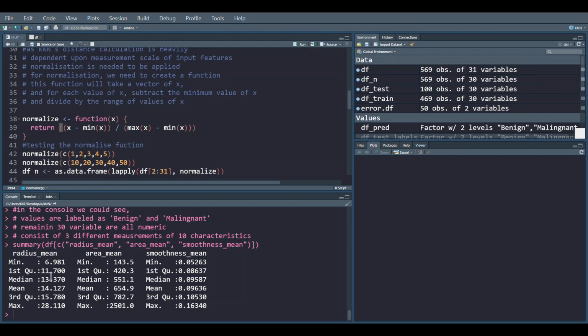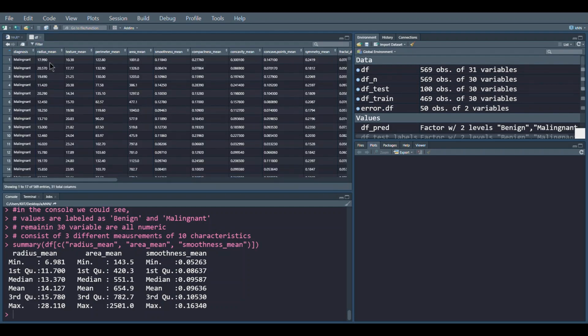Suppose we are trying to normalize this particular column. For each value of x, suppose the first element of radius mean, I am trying to normalize this value.